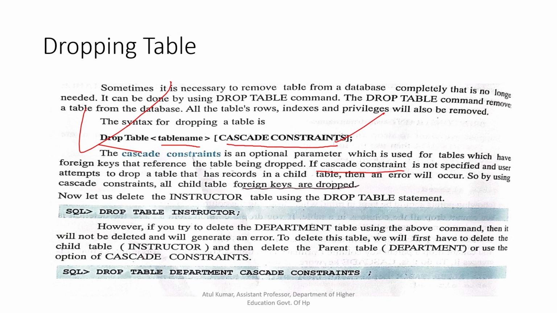For example, if we want to delete an instructor table, similarly we have to write drop table instructor. Suppose we want to drop a table named department. Now department has a key, that is department ID, that is referenced by this instructor. So we can't delete this department as such. To delete this department table, we have to use this cascade constraint